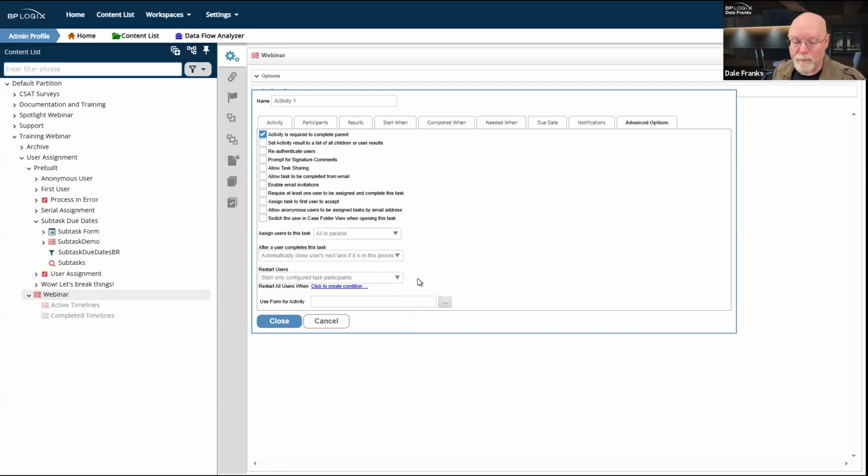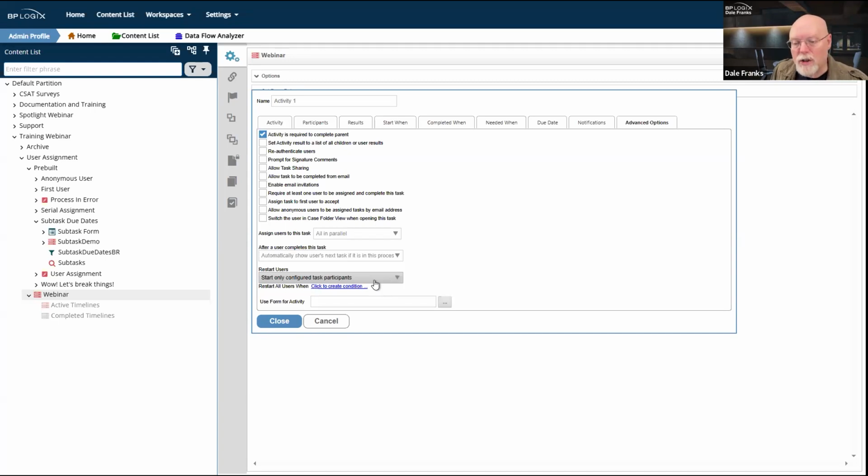a restart. Now, by default, when an activity restarts, we're just going to take a look at whoever is configured in that activity, and we're going to restart them. So if Bob did it 3 weeks ago, but we've changed the process timeline and that activity restarts and we changed it from Bob to Diana, well, when that activity restarts, Diana, now being the configured participant, is going to be the one that does this activity.